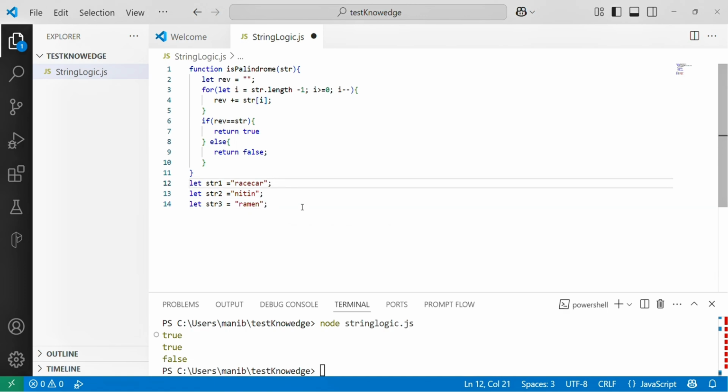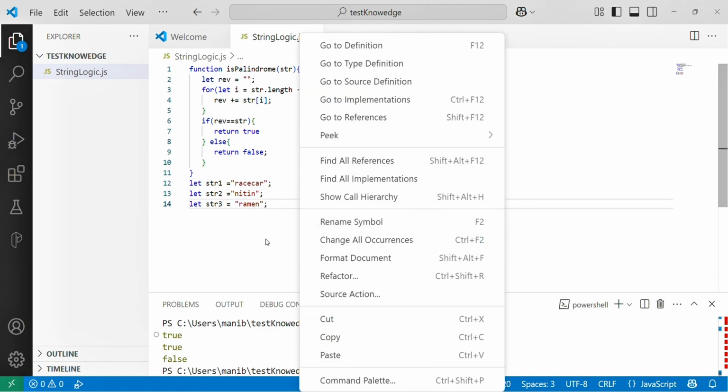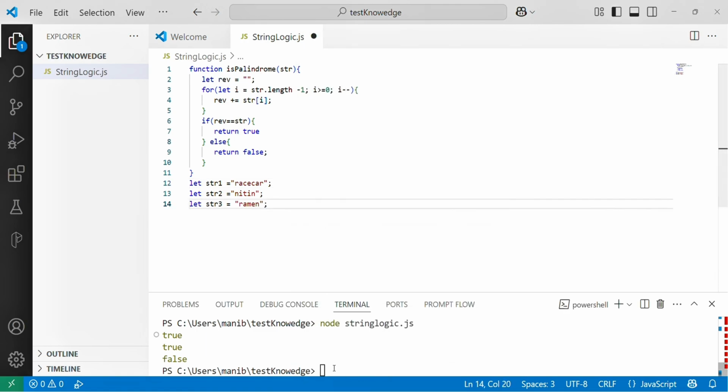In JavaScript we write the semicolon, and to run the JavaScript we write node and the file's name, string logic.js.